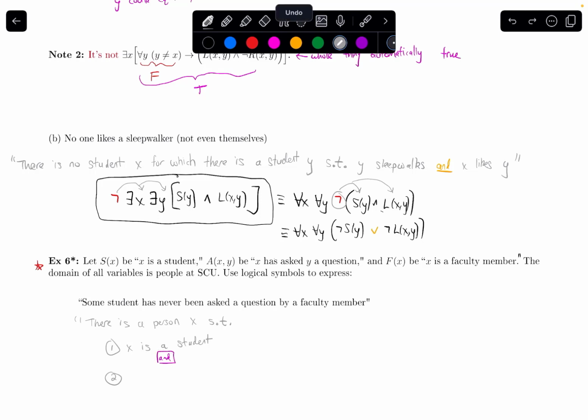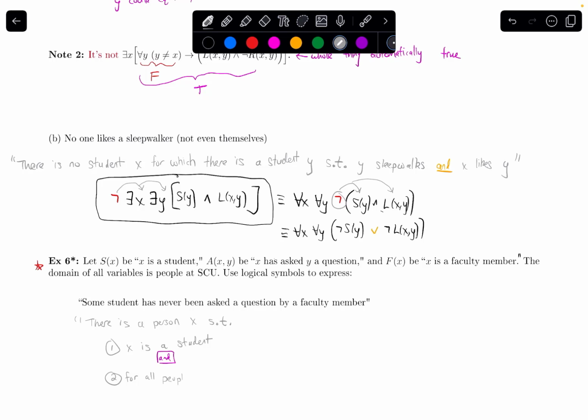So what I would say is for any or for all, and I need a variable to go with this for all. I don't want to use X because that would be assuming that they're the same. So I can say for all Y. Sorry, I should say what Y is. Y is, in this case, a person, so for all people,